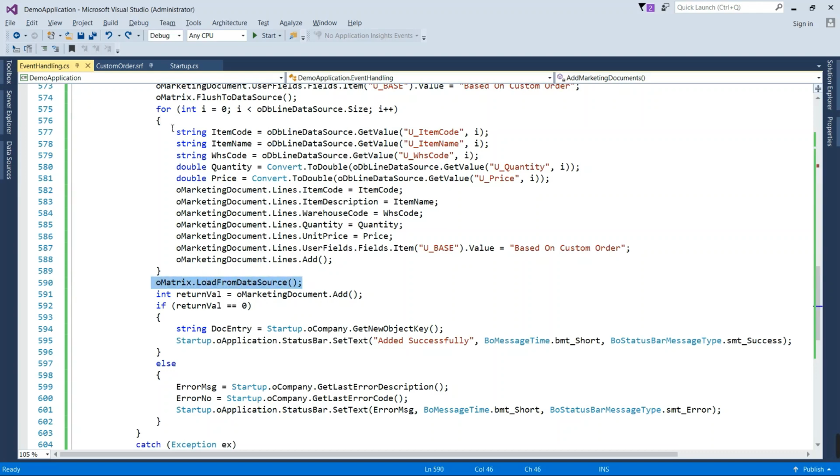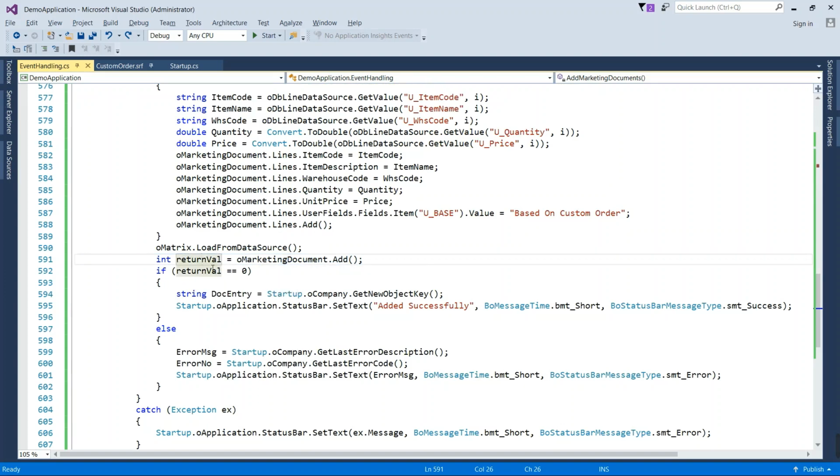come outside of the for loop, and again we are loading data from the data source to the matrix, and then we are calling this function add. This function adds the marketing document. At this moment we are adding sales order, so it will add the sales order.